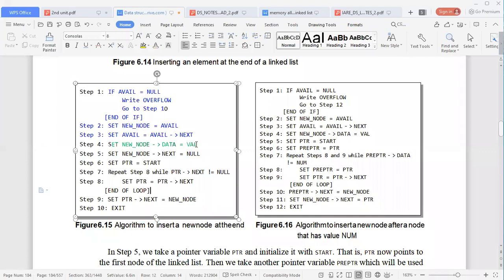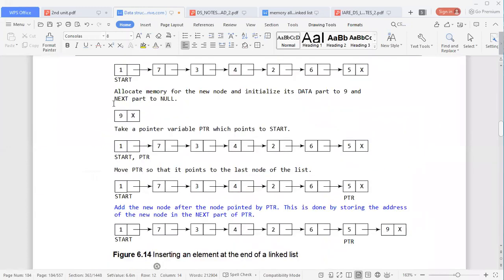Set new node data equal to value and set new node next equal to null. This is the step for that. After getting a node from the available list, we added some data, that is 9, onto the data portion and null on the address part. So these are the initialization of a new node.